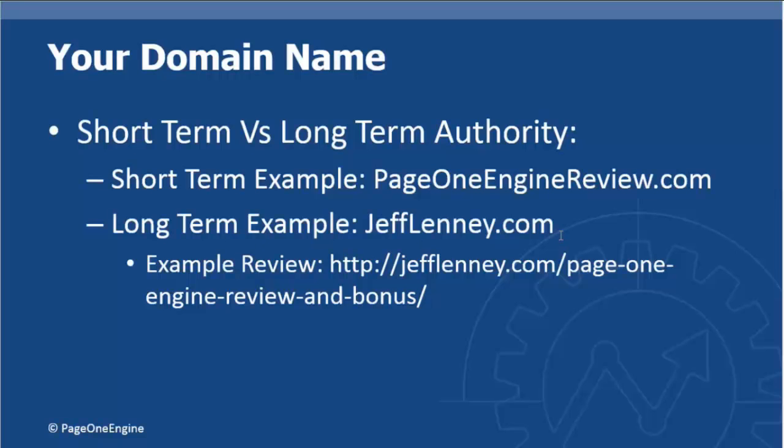I mean, as an example, I've got jefflenny.com right here. I've got a relationship website where my whole idea was to review relationship products on ClickBank targeting women. And I thought, okay, maybe I can do something like texttheromanceback.com or textyourexback.com, textyourexbackreview.com or the best textyourromanceback.com review. But, again, to me at least, and maybe that's just me, that just seems one-sided,